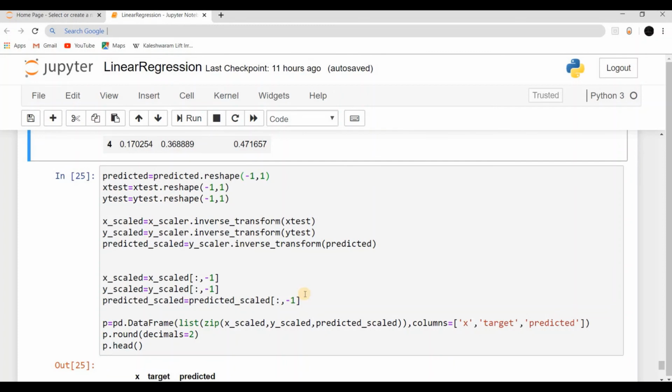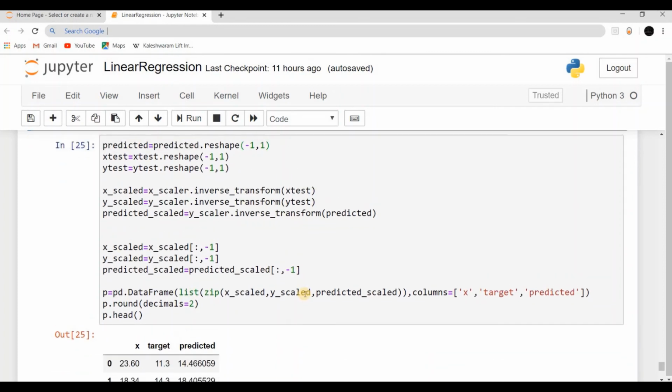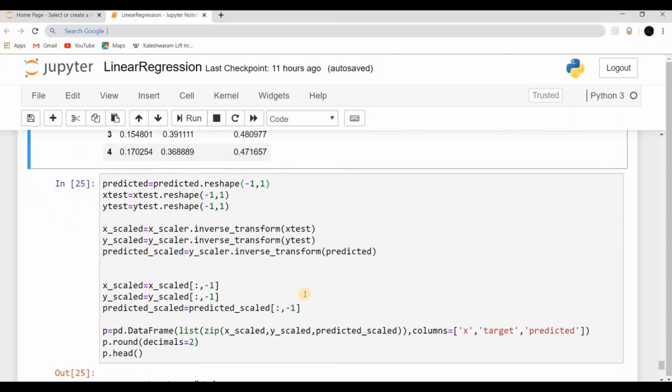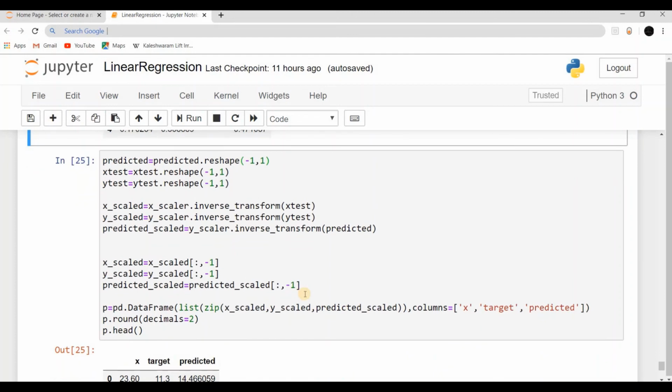Now we have to predict the price of a house, but we have used the min-max scaler object which changes the whole target and attribute values to the range of 0 and 1. So we have to reverse them to bring them to the original values. We can do this by using the scaler object's inverse_transform function.